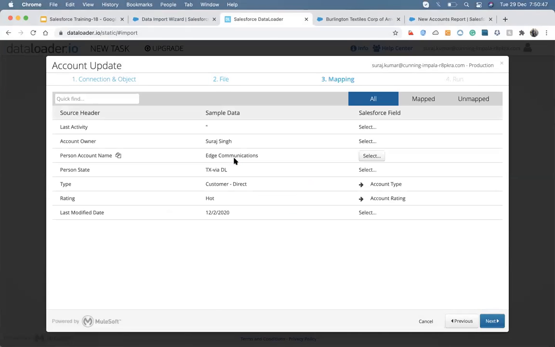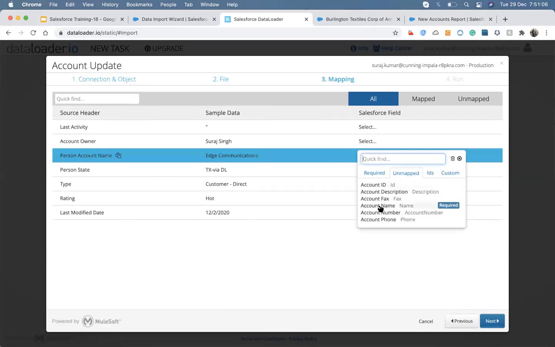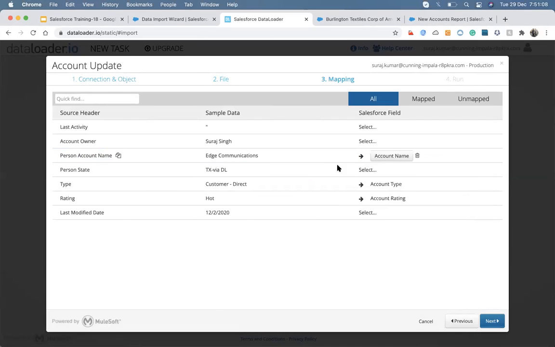The thing is, it's always the same, meaning how the data import wizard is working, the data loader is also working the same. We will choose the objects, then we choose the CSV file, then we do the mapping. So here it asks for the mapping. I will select and put the account name the same, and it's a person state. The auto map will automatically show up here, but whenever we have to do some mapping that is not mapped with the standard Salesforce fields, then we have to do it manually.